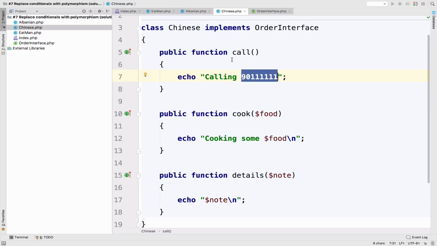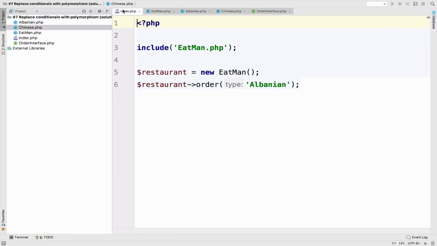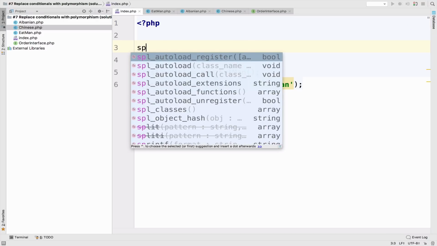Here now you have specifically the Chinese class, the Albanian class, or any kind of cuisine that you want to add, like Italian, French, whatever. So you see now the power of avoiding the switch statement and moving to polymorphism by having multiple classes for each cuisine. So the next step is now to go back to the index,